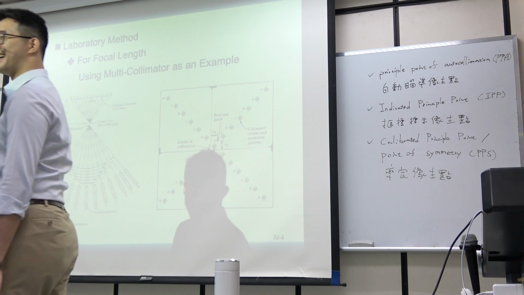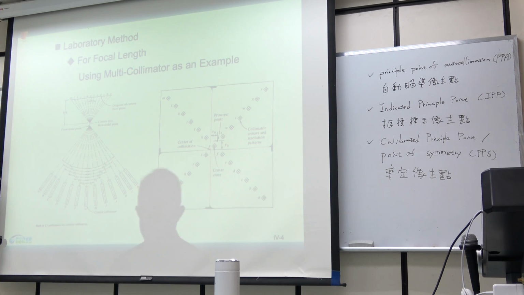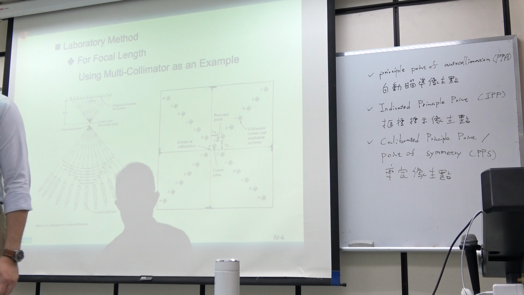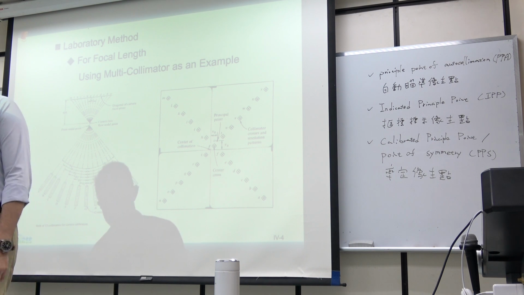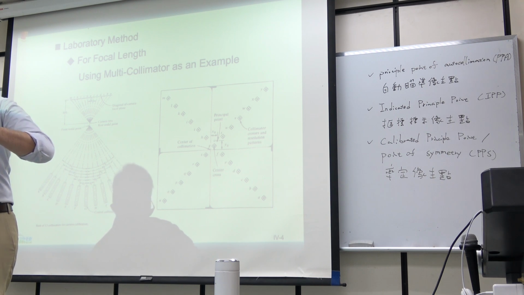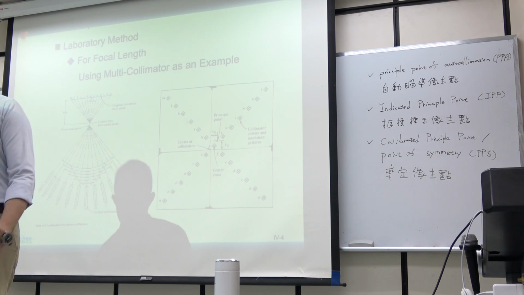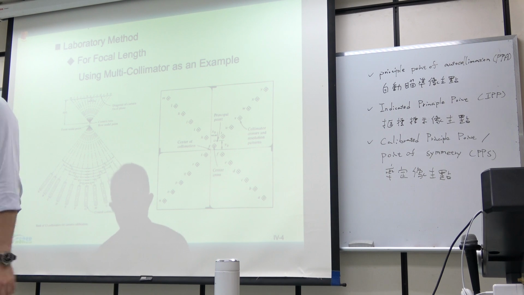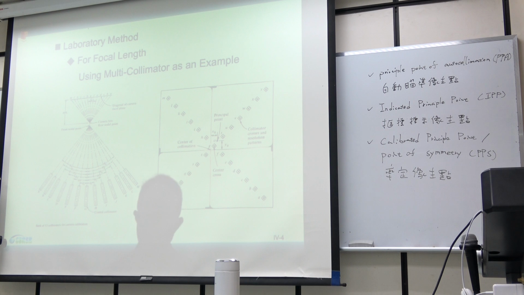Symmetry error. Systematic error. From where? From the lens, or from your image plane, and from your fiducial mark. Those could be the source of the systematic error that causes this type